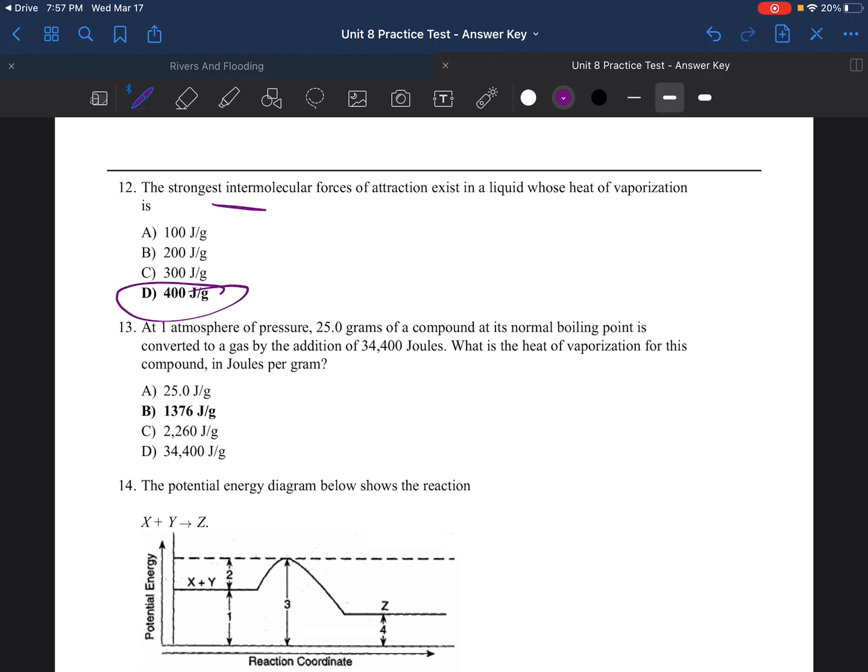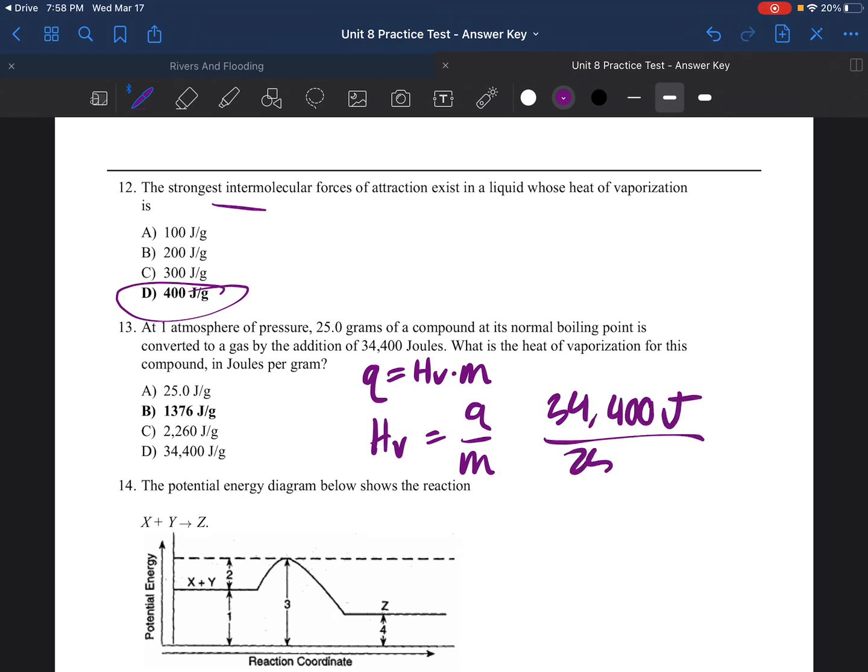13. At atmospheric pressure, 25 grams of a compound at its normal boiling point is converted to a gas by addition of this. What is the heat of vaporization? So, it talks about heat of vaporization, so we know we are using this equation here. Solve for HV, we get Q over M. Then you are just putting 34,400 joules divided by 25 grams. Calculate that out, you get